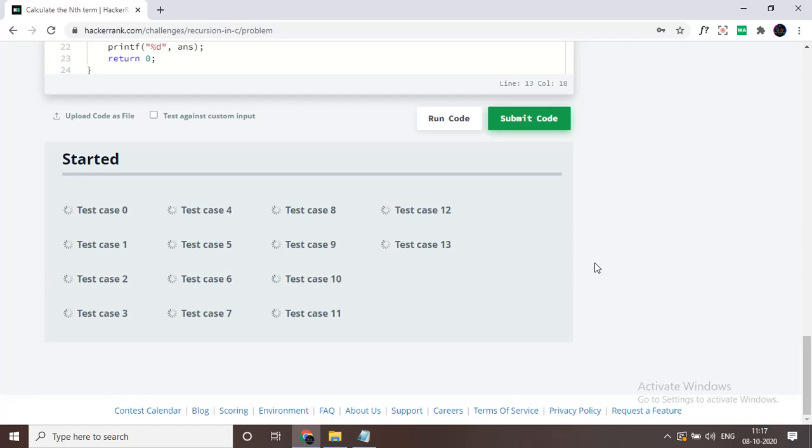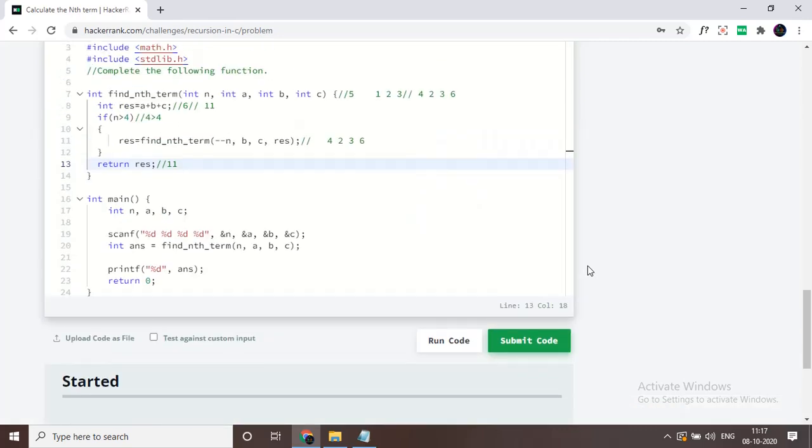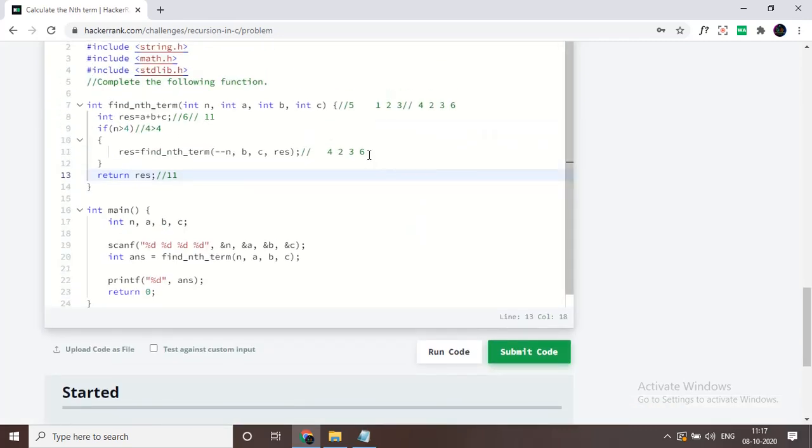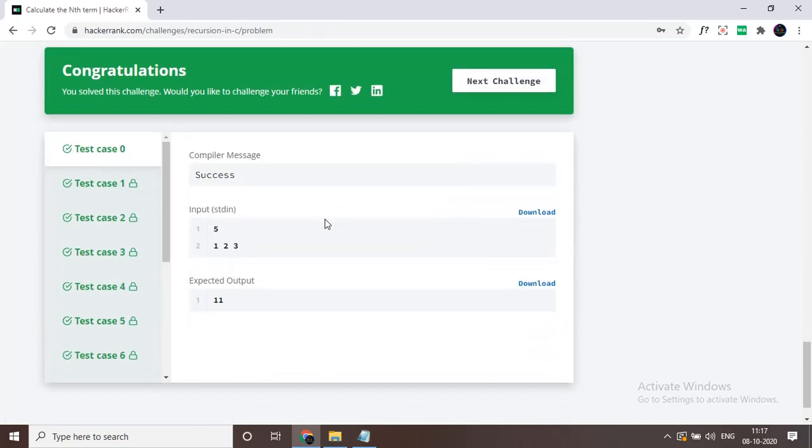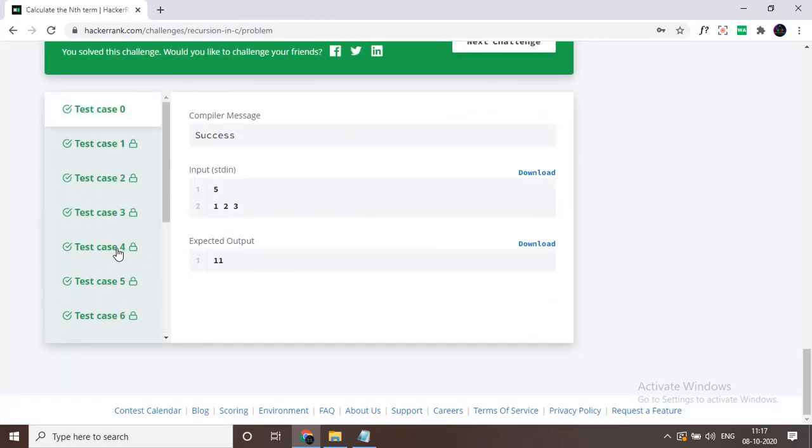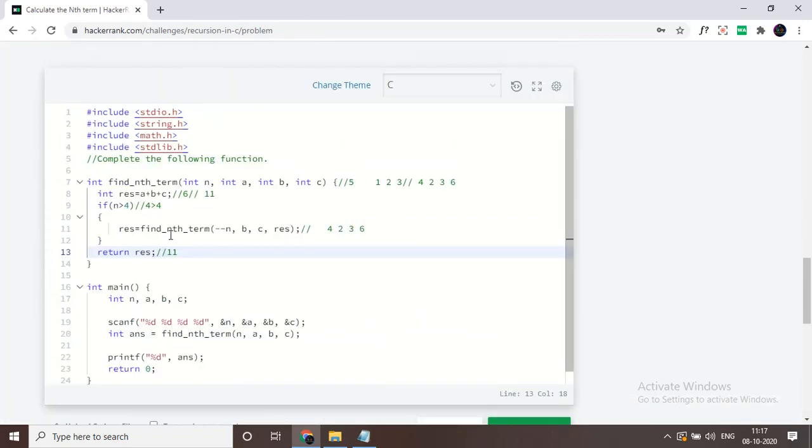I'm going to click on submit. Just don't copy and paste the code. Just work with other examples. Take some sixth digit or eighth digit and try it manually first of all. Try to understand what I am teaching here. Okay, all the test cases are clear here. Try to understand the concept of how I am taking this.